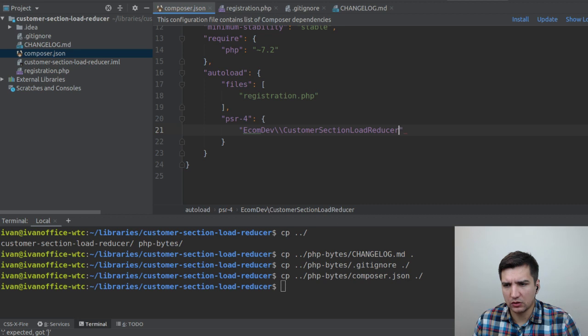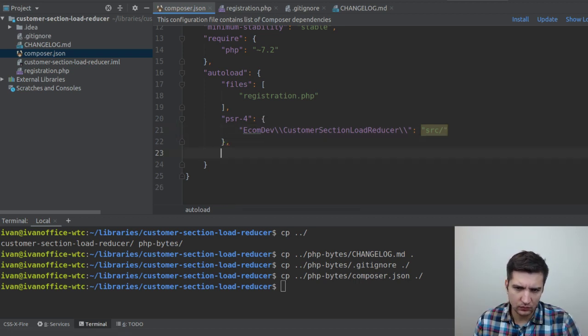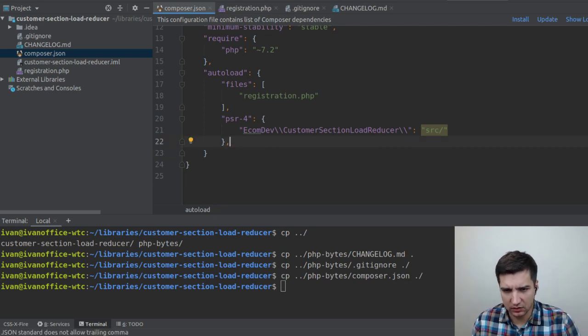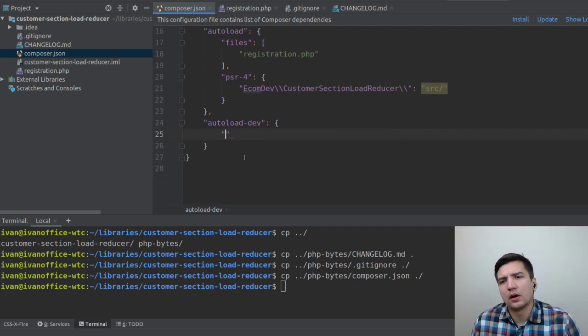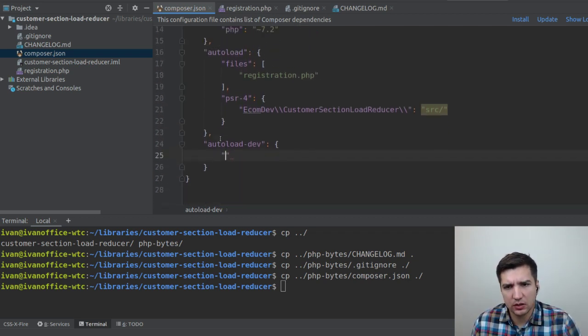Yeah, so here is the namespace, and here I'm gonna specify the directory in which the code is gonna lie around. Apart from that, we're gonna have also autoload-dev. So autoload-dev is something that's gonna be used when we run our development dependencies. So here we can specify